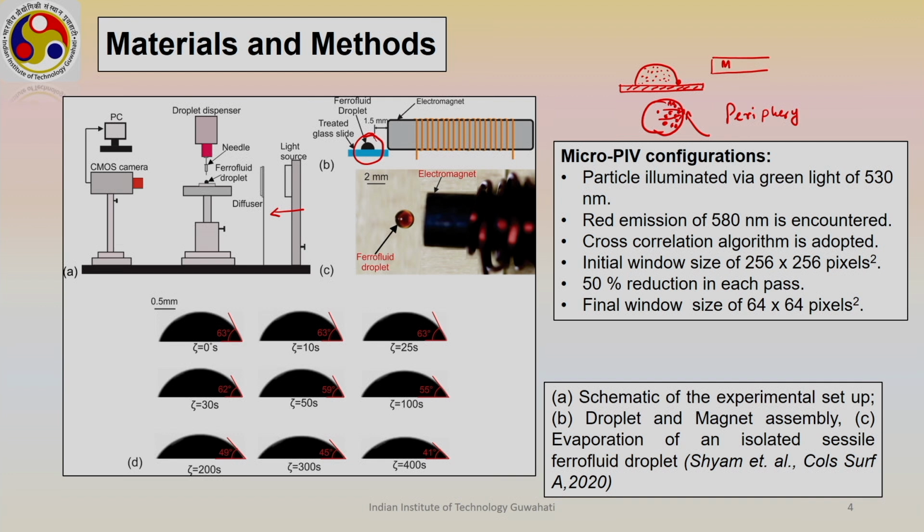That is what we have shown. From the images, up to tau equal to 400 seconds, the droplet shape remains more or less the same. So up to 400 seconds we can say there is no substantial droplet evaporation and no substantial reduction in droplet size. If we can complete our analysis within this time period, then we can come up with correct results.